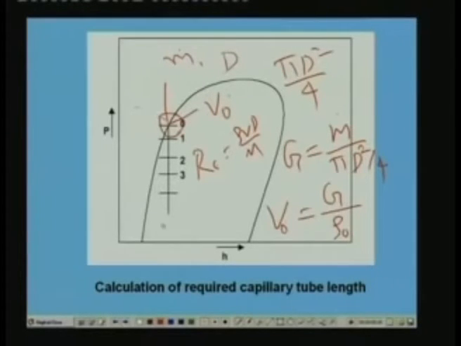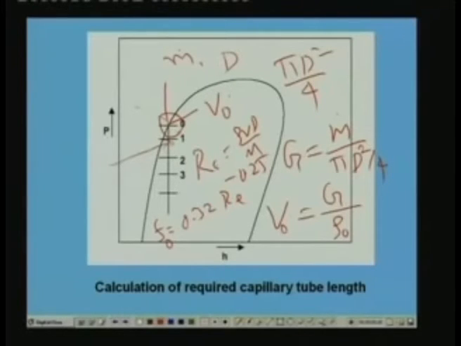Once you know the Reynolds number, you can find out friction factor, because friction factor is equal to 0.32 Reynolds number to the power of minus 0.25. Okay, so this is the friction factor at the inlet. So likewise, I find out all the required quantities at this point. Okay, then what I do is I assume suitable temperature drop, as I have already explained to you.